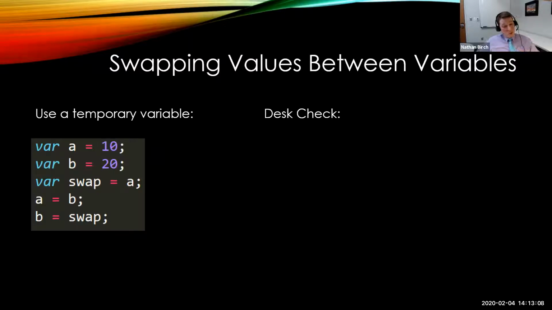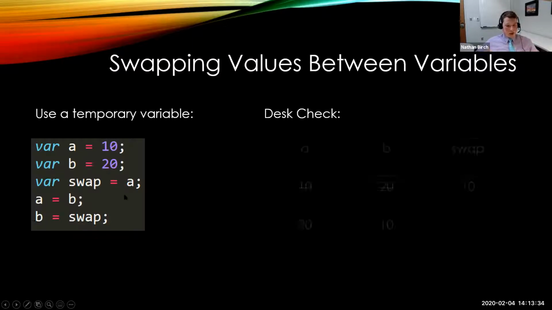So let's say I wanted to swap the values of 2 variables. I have var a equals 10, b equals 20, swap equals a. Because as soon as I say a equals b, that 10 is gone. All right, a had 10 in it, but as soon as I assign the value of b to a, it is then going to be 20. And at this point in time, b is also going to be 20. So for me to be able to retrieve that 10 and assign it to b, I have to store it